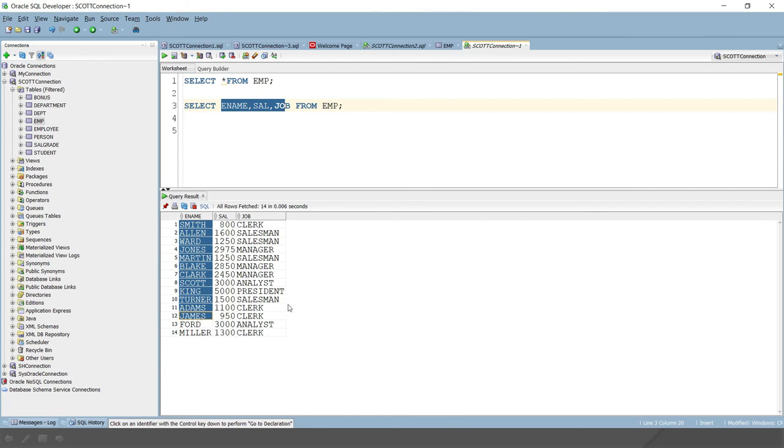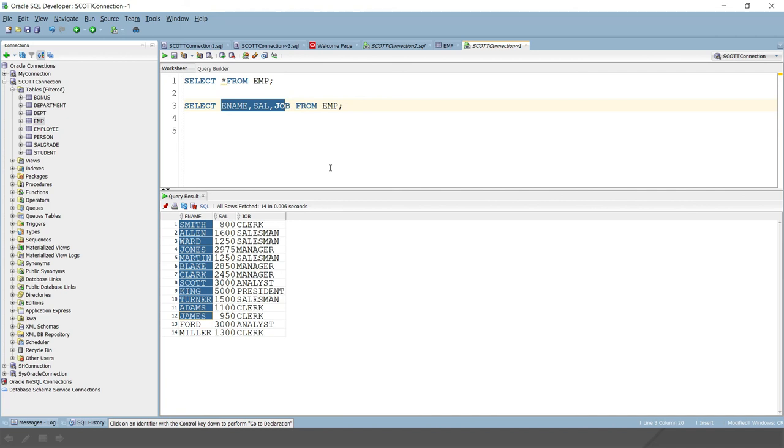Now the next thing you will have to keep in mind: users may query only tables they have created or tables to which they have access. So if you want to perform a select operation on any table, make sure that you have the access right or privilege to perform the select operation on those tables, right? We can suppress the repeating values using the distinct clause with column names, that we will see in the next video tutorials, how we can make use of distinct.